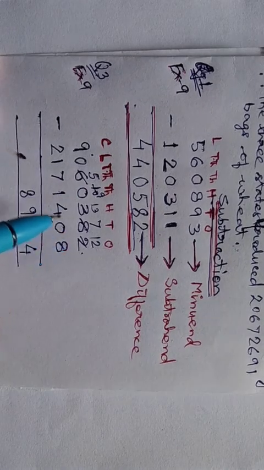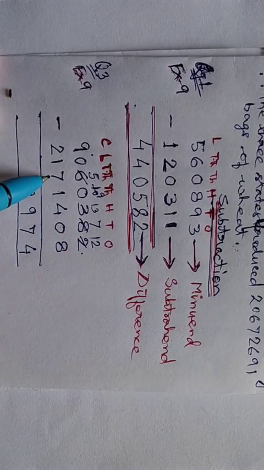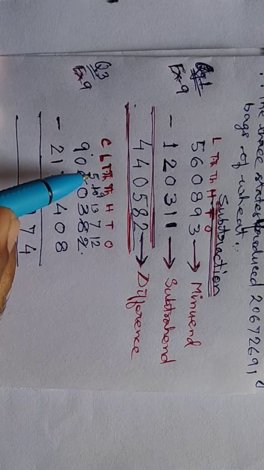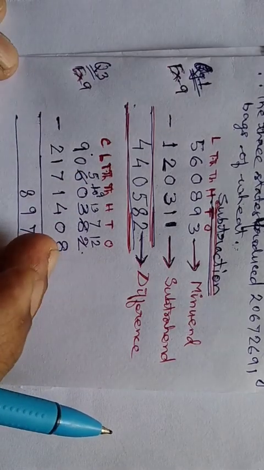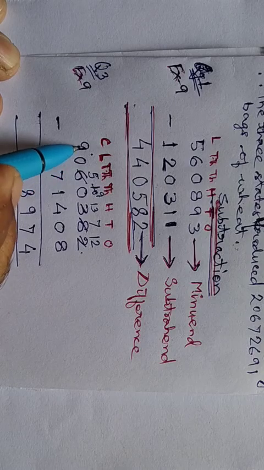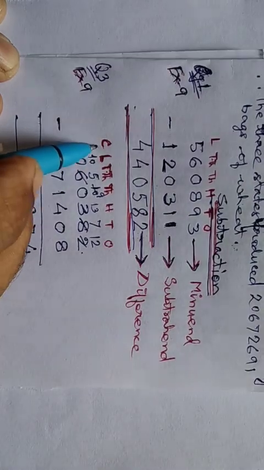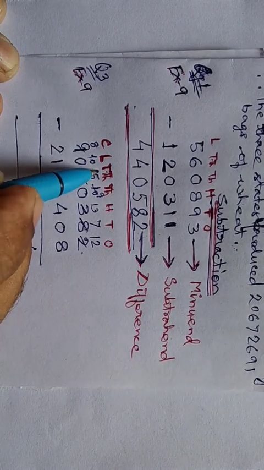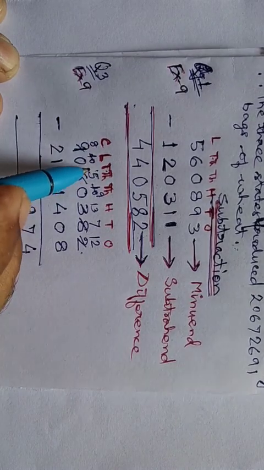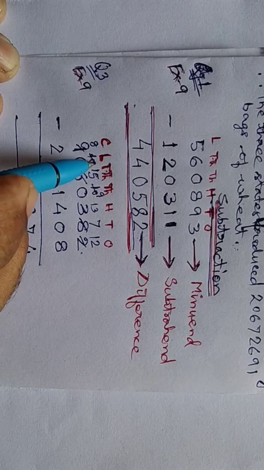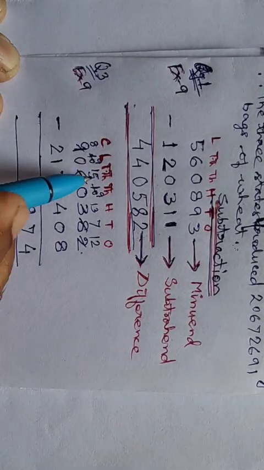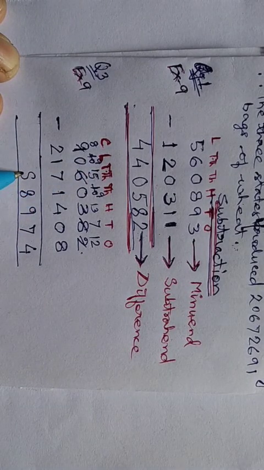Now, children, 5 and here 7. You cannot subtract 7 from 5. So, children, borrow from 9. So this will become 10, children, and this will become 8. And here, children, if you take 1 from this 10, it will become 15. And here, children, 9. So 15 minus 7, that is 8, children.